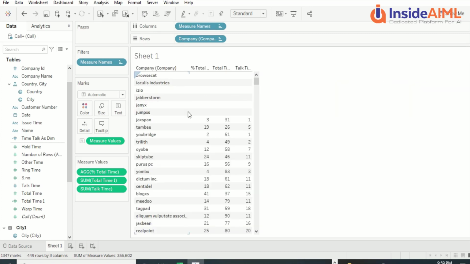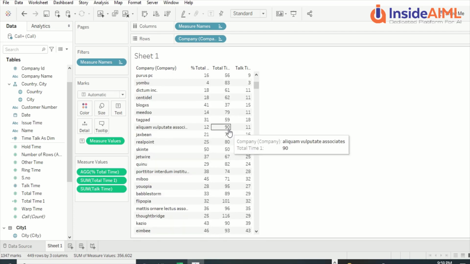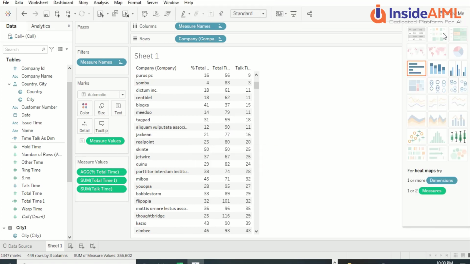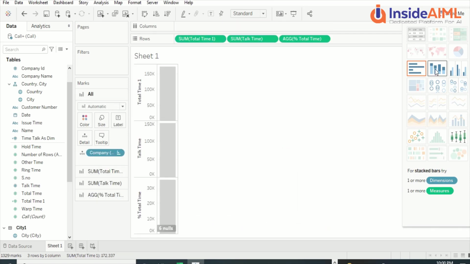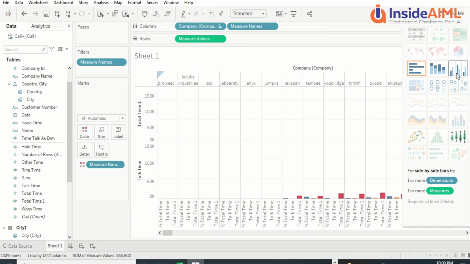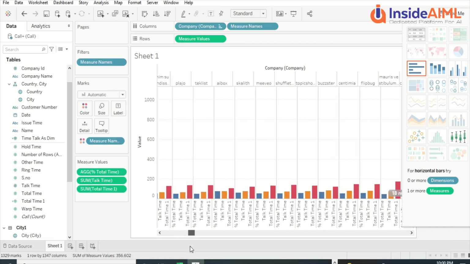Okay, so these are a few Tableau things which we are going to explore in detail right now. We just wanted to show you how quickly you can create a calculated column, and you can also create a measure. So now this is there, and if you open Show Me, you will see the kind of visuals which are available, and you can use those visuals. Different kinds of visuals are there, and you can use those.